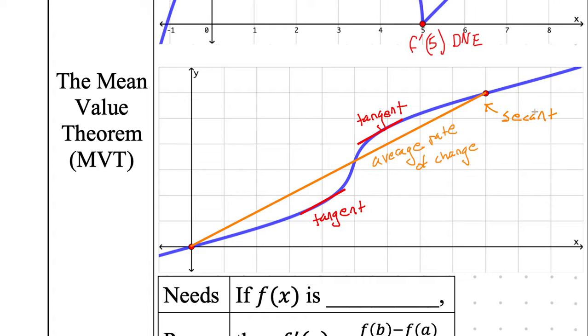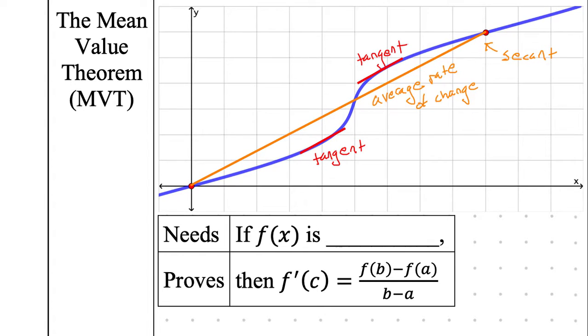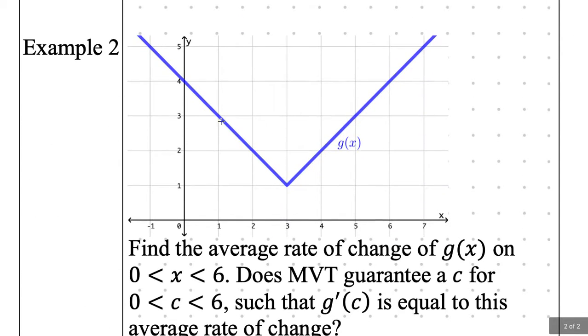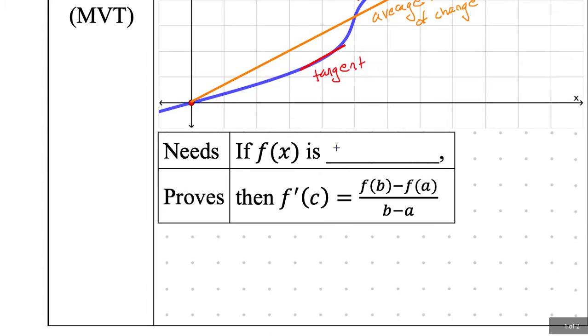All right, so in order for this to happen, though, you need something. Anyone want to take a guess at the one thing that you need in order for the mean value theorem? Good guess. So if it's continuous, I could have something that looks like this. Discontinuity. Differentiable. Differentiability. There you go. f of x needs to be differentiable. If f of x is differentiable,